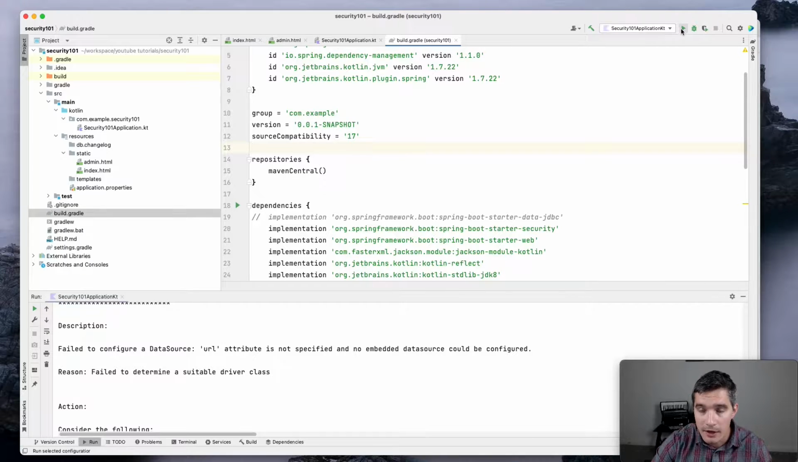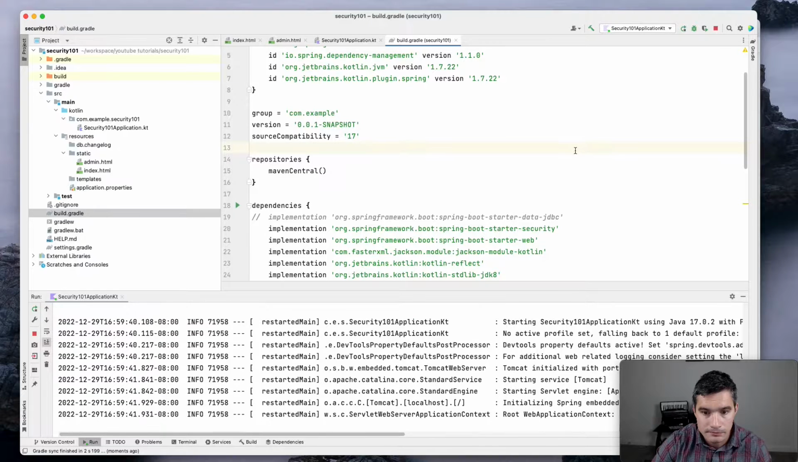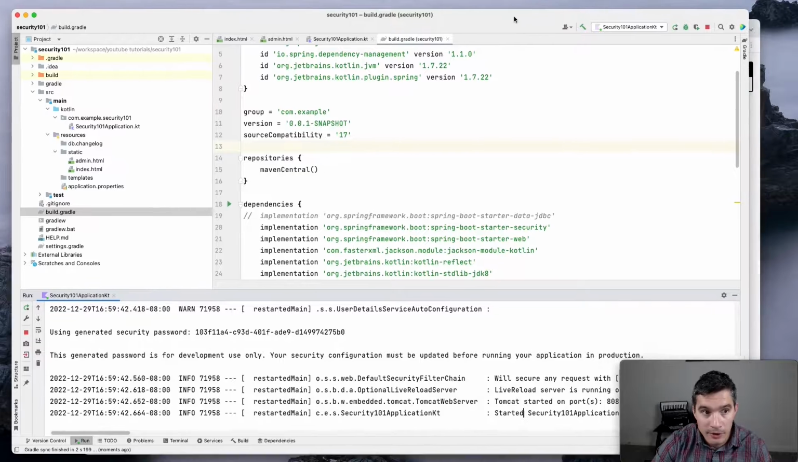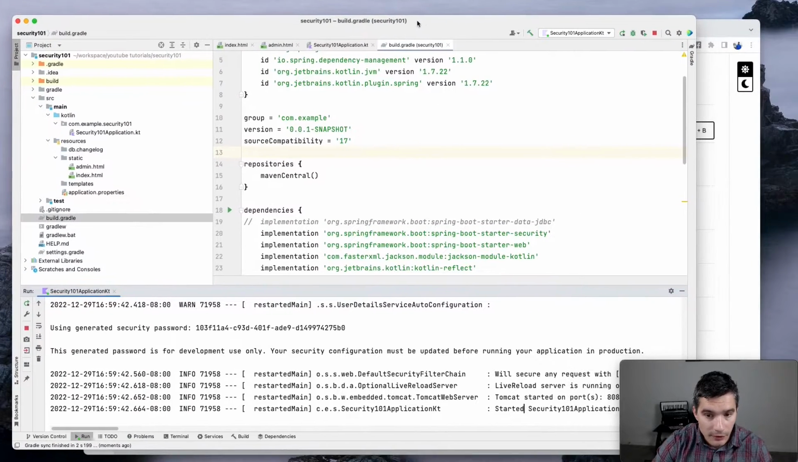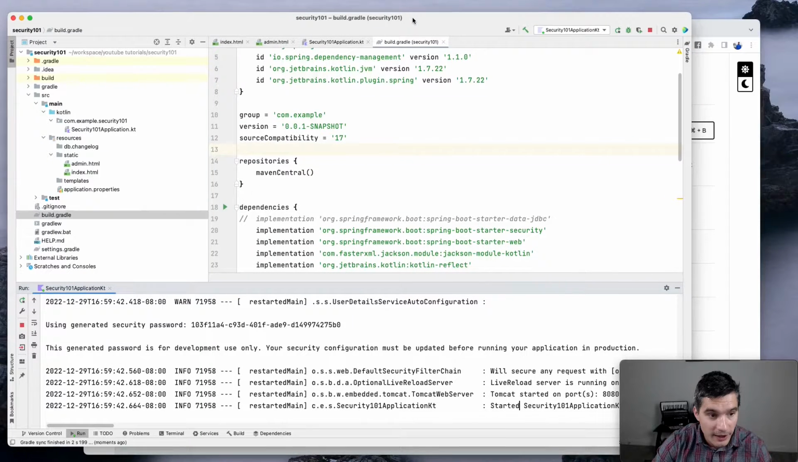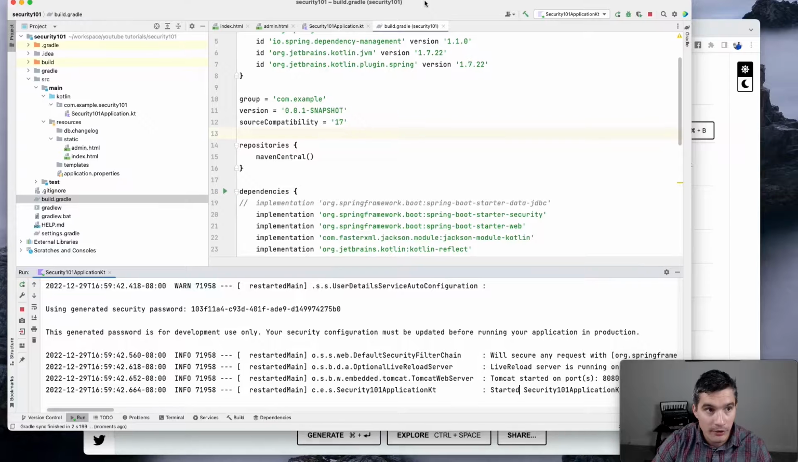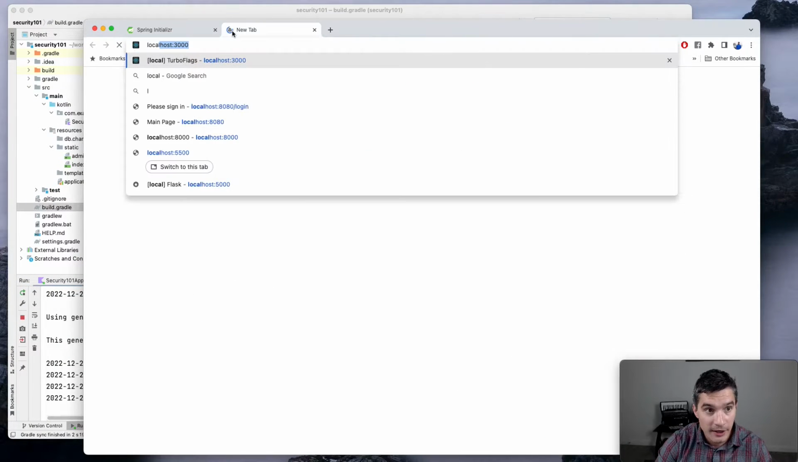Okay, now if we try to run it again, yeah, we will see that now our project is started. So in here it says it started on port 8080. So if we go to a browser now to localhost port 8080,